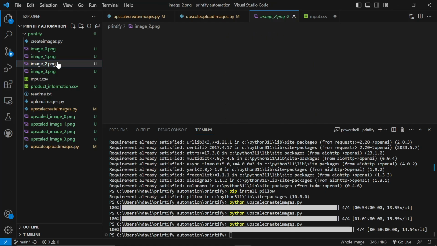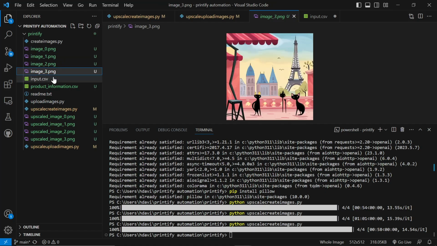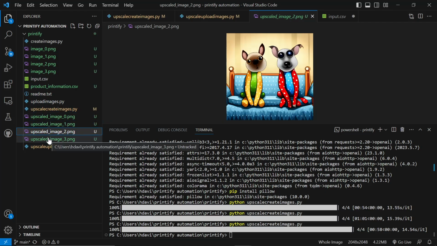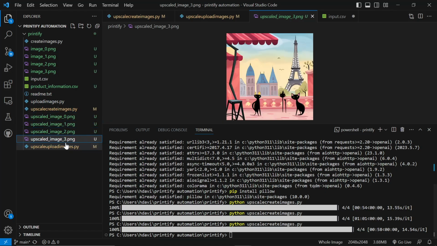But these results, honestly, they are just insane. They are so, so good. Stable Diffusion XL, I just said XD. XL is so, so good, okay? Now what we're going to do is run python upscale